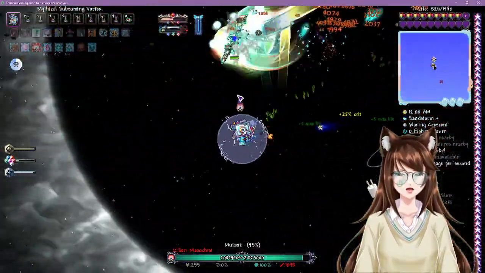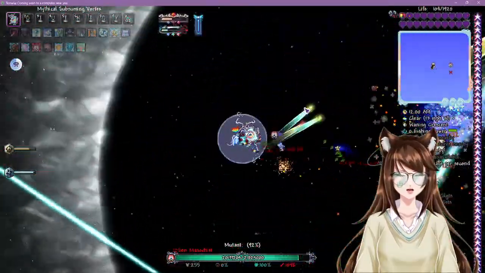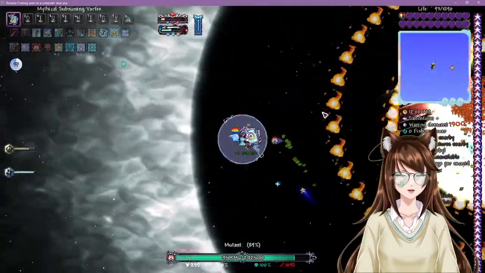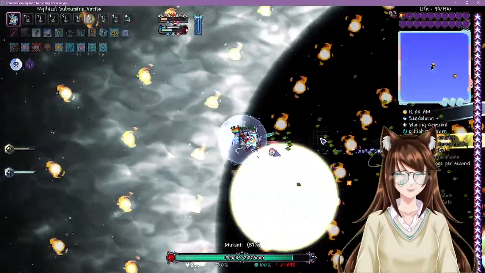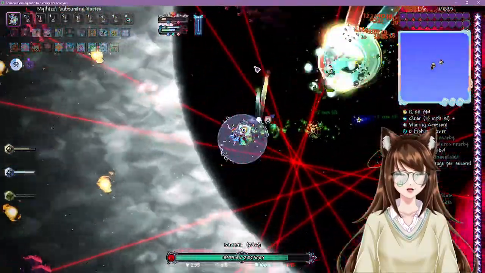Didn't know he was actually using other bosses' attacks in his attacks. So yeah, it's literally a representation of every boss in the game, modded included.